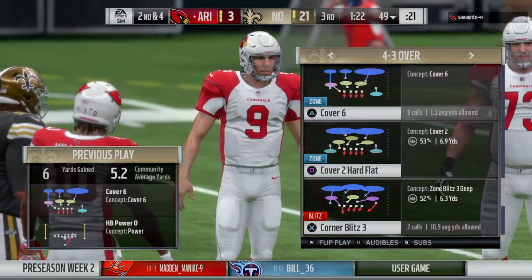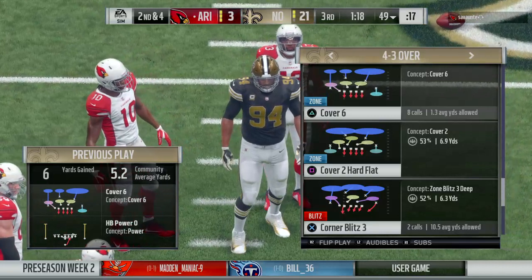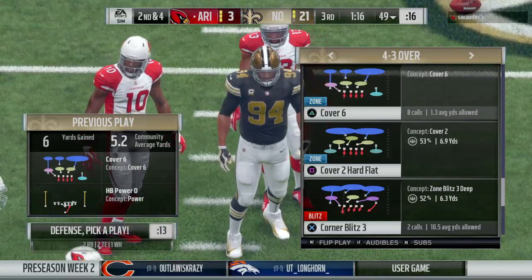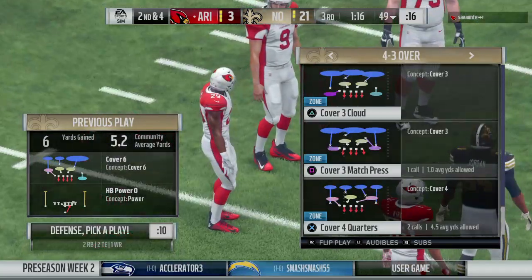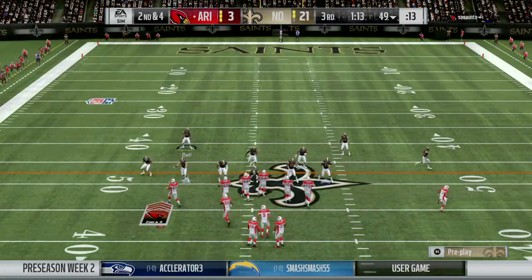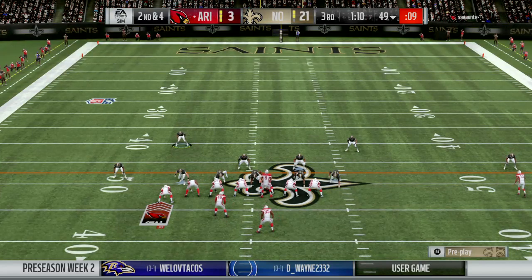Formations I want. I delete all the formations that I don't want. Then I just go back, add all the formations I do want, and then I just go. You can go through the playbook and just see which formations you have, and then pick any additional plays I want, and take out any plays I don't want in that formation. It takes some time, but